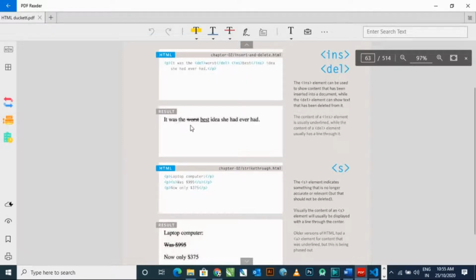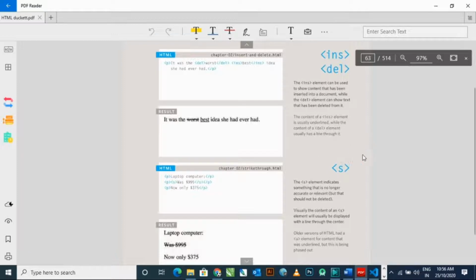You can see the result. It was best. Best with ins and worst with the del command. Here you can see this is simple, S and delete, these both commands are the same. You can use any one of them.